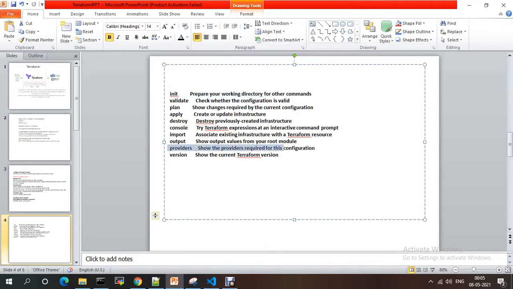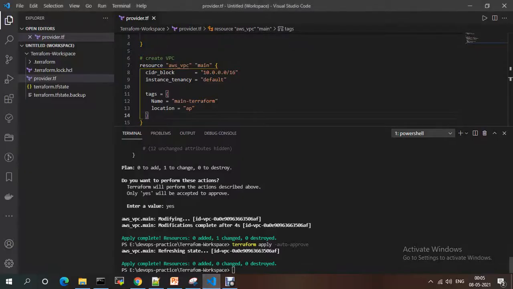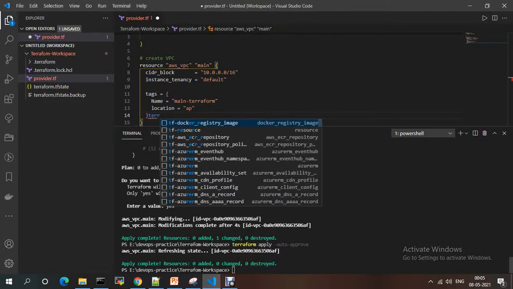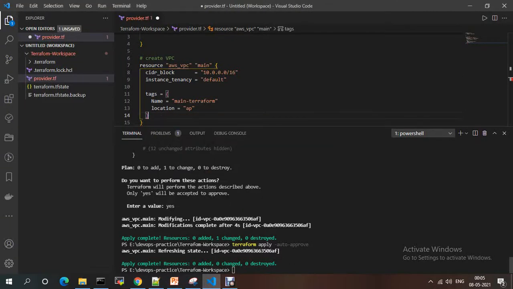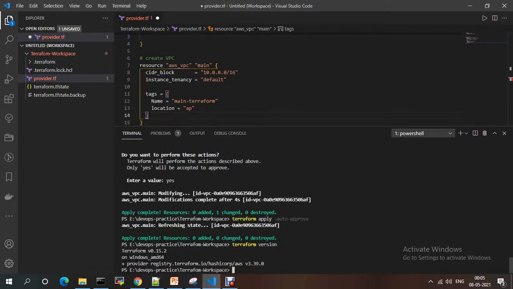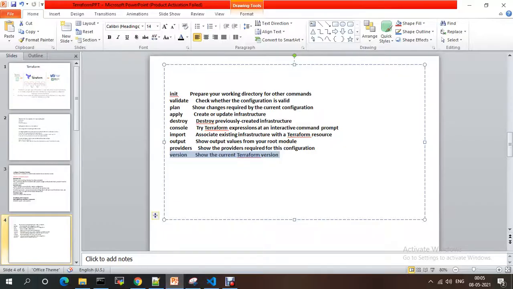Providers we have seen, and the version. If you give terraform version, it will give you the Terraform version. And providers shows you the provider details, configuration, and output.